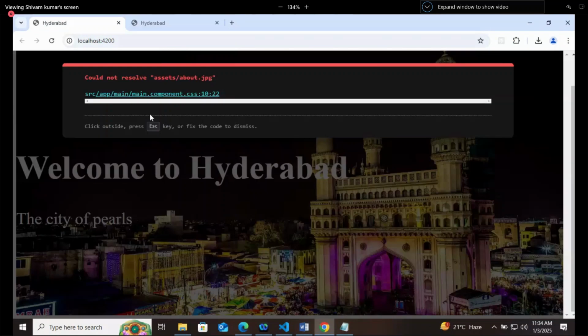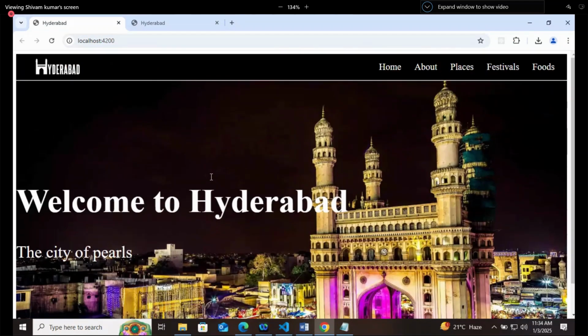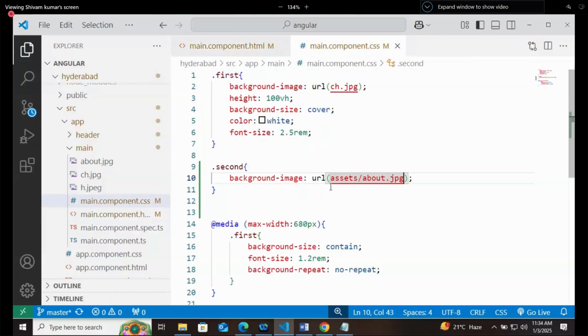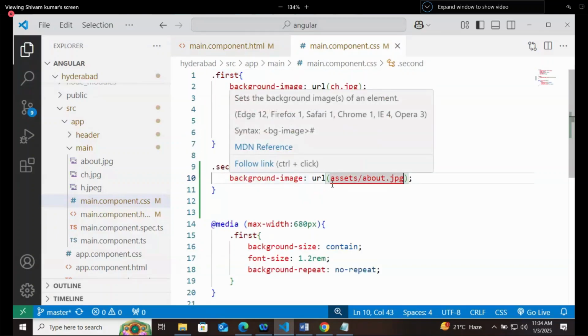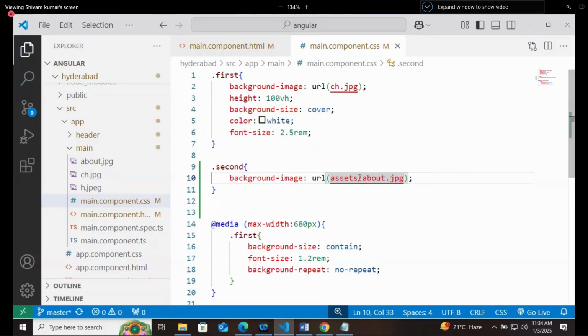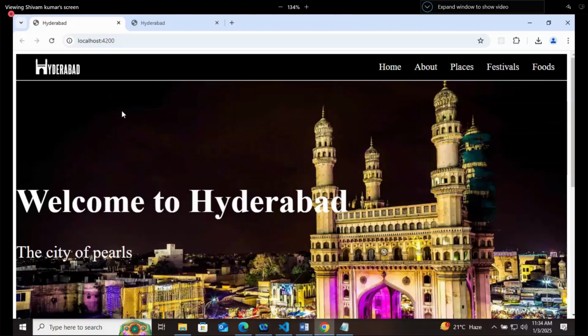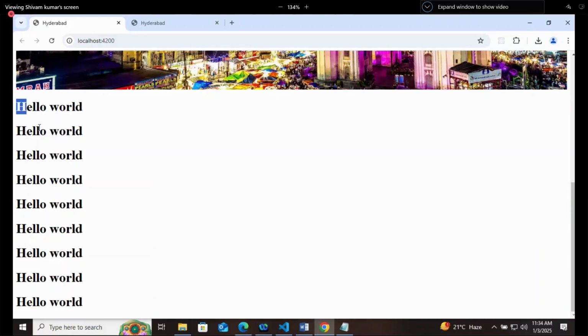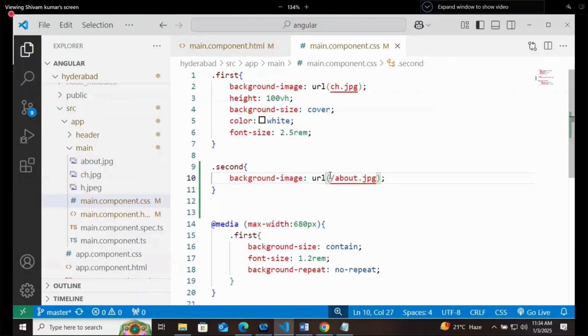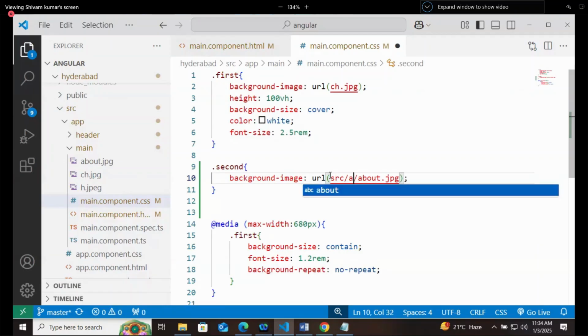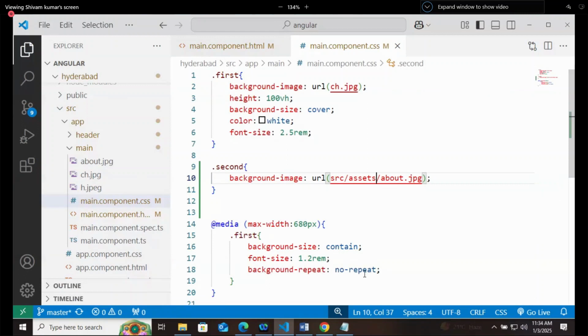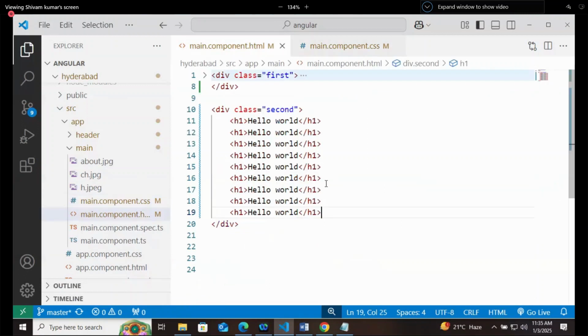So not available. Wherever you are writing the direct value, it is saying that no, I cannot find it. If you are directly writing here slash about.jpg and check, I am trying to tell you all the ways. It is not providing any error, but the picture is not coming. Now try to give the exact path, which is src slash assets slash about.jpg. Means in HTML directly you can write assets slash picture name, and when you are writing in CSS,